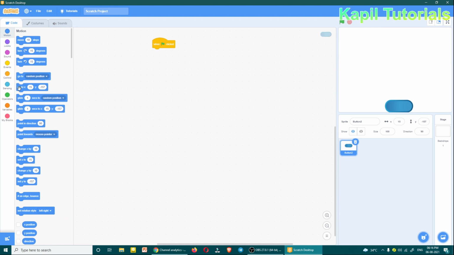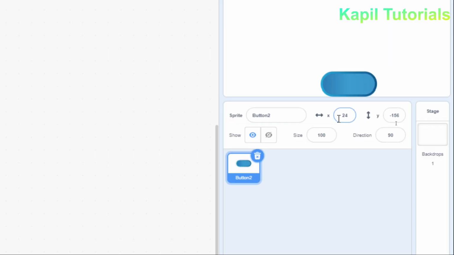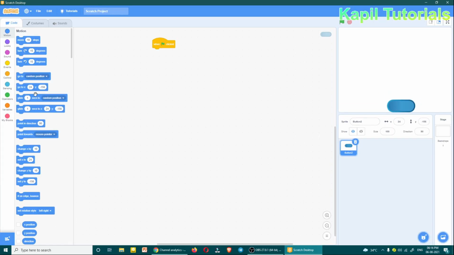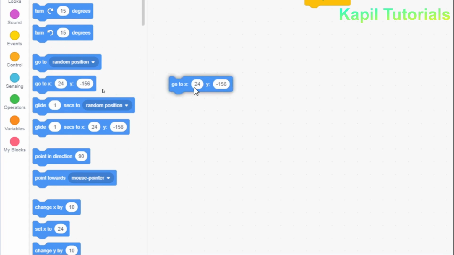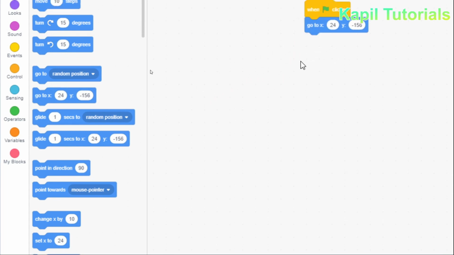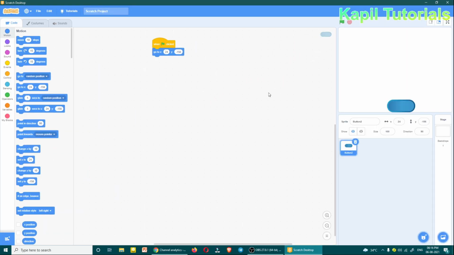So whenever I am placing the button here, whatever the x and y coordinates are, presently 24 and minus 56, it will take that. So I'll just drag this one here. Okay, so whenever I start the game, my button will always start from here, from between.